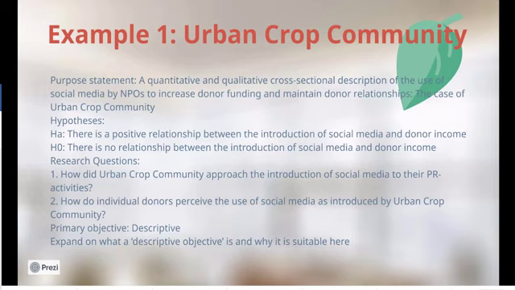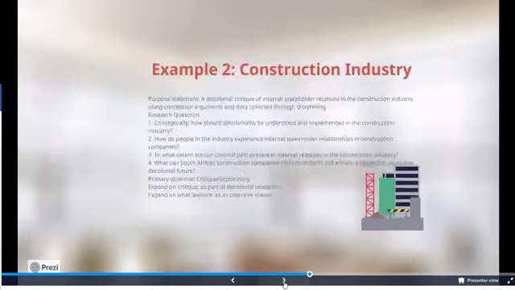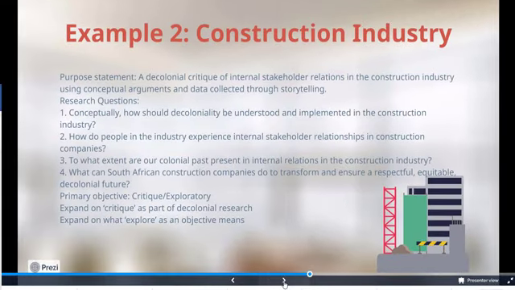So the primary objective here is to describe, because we are describing the donor funding correlation to social media. We are describing how social media is used in donor relationships as well. Okay, now next example is the construction industry one. Here the purpose statement can be a decolonial critique of internal stakeholder relations in the construction